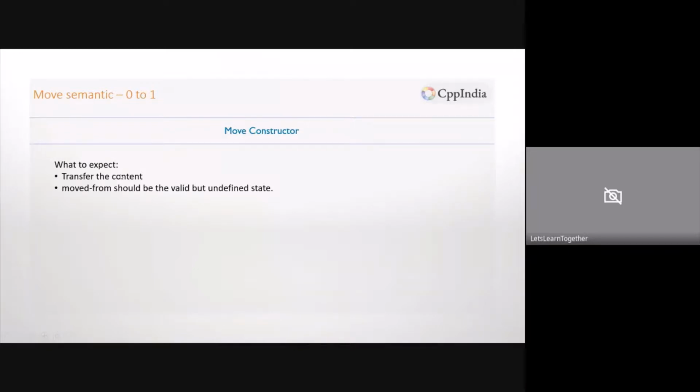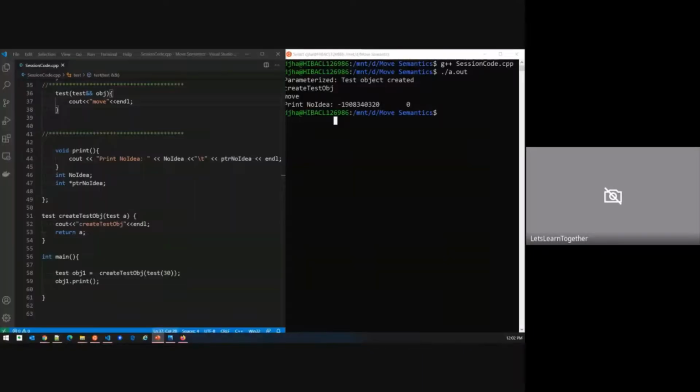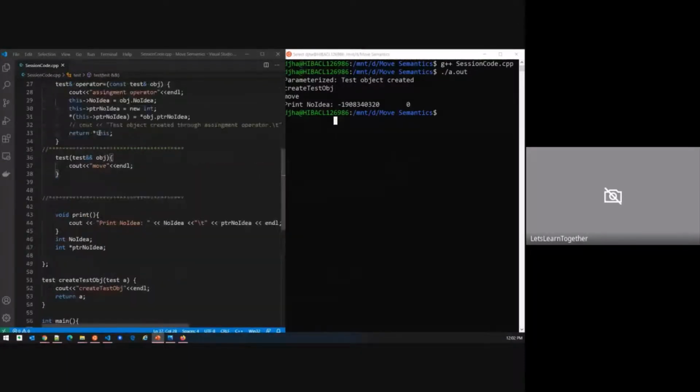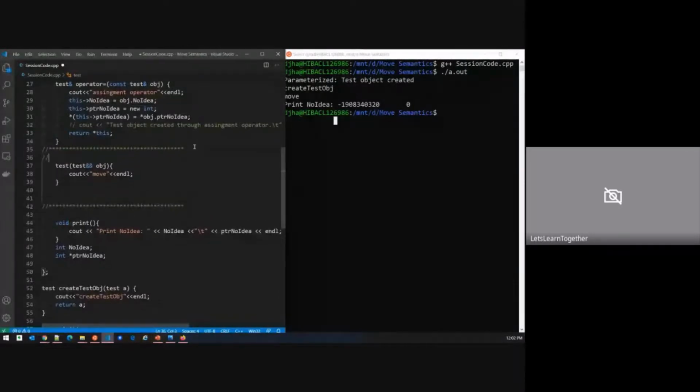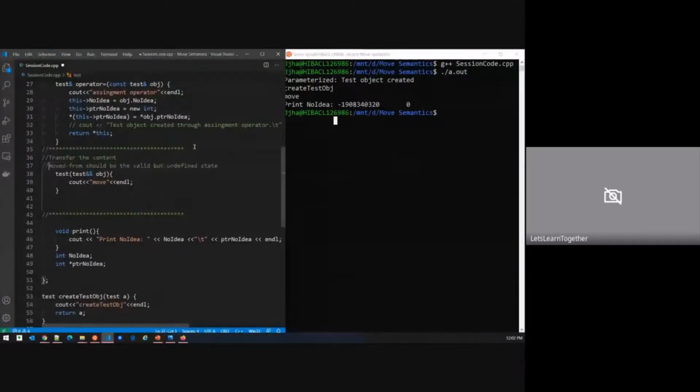Okay, let me write these two statements here so that we will see exactly what we are doing. So first we have to transfer the content from one object to another, from the object we are passing to the object to which we are passing. Okay,